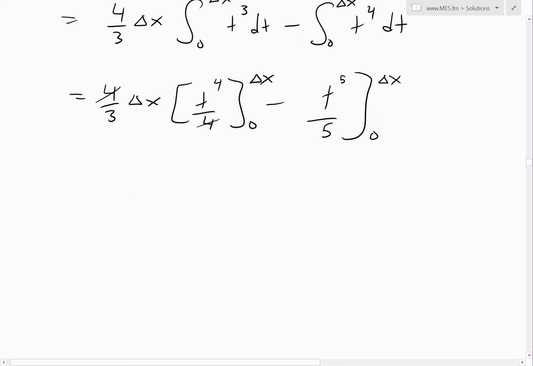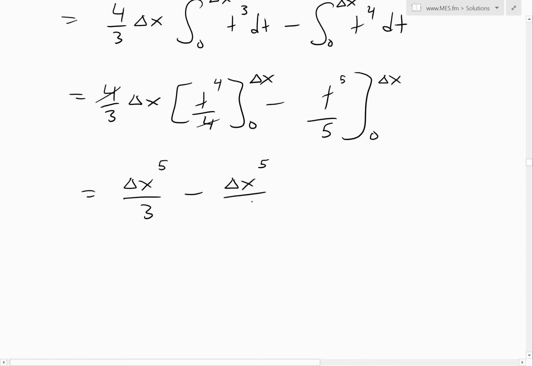Now plug in the delta x, and the zeros just cancel. So we're just going to be left with delta x, and there's a delta x right here, so there's delta x to the 5 minus delta x to the 5